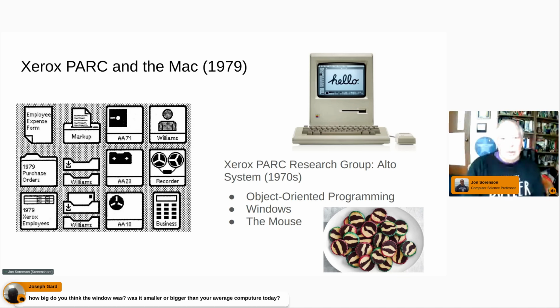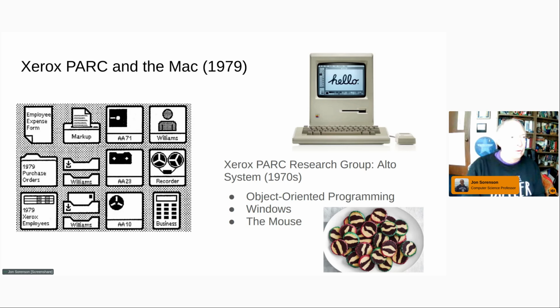How big was the window? Screens, if you just imagine a television screen, the screens were reasonable size. It's just they were black and white. We didn't have the same stuff we've got now back in the 70s. Was it bigger or smaller? We had cathode ray tube screens back in the 70s. So you didn't have flat screens. So they were big and clunky. Yep. That was what they were like.